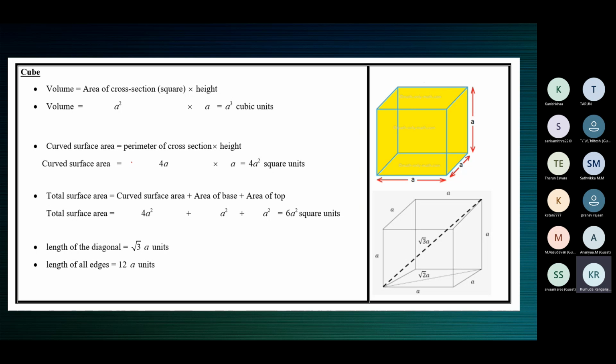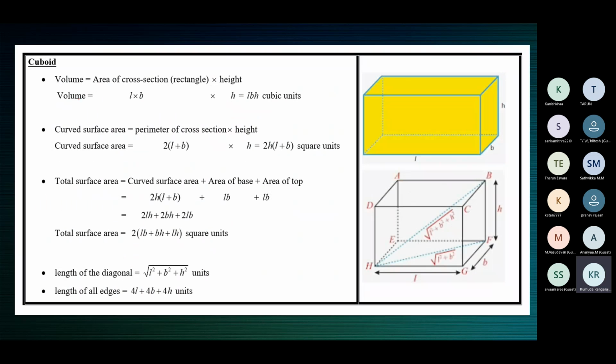Curved surface area is the area of the 4 walls of a room. Total surface area is area including 4 walls, ceiling and floor. When you have to find the area of 4 walls, there is a cubical room. If you want to find the area of the 4 walls, then you're finding the curved surface area. If you want to find the area of the 4 walls and the area of the ceiling and the area of the floor, then it is total surface area.